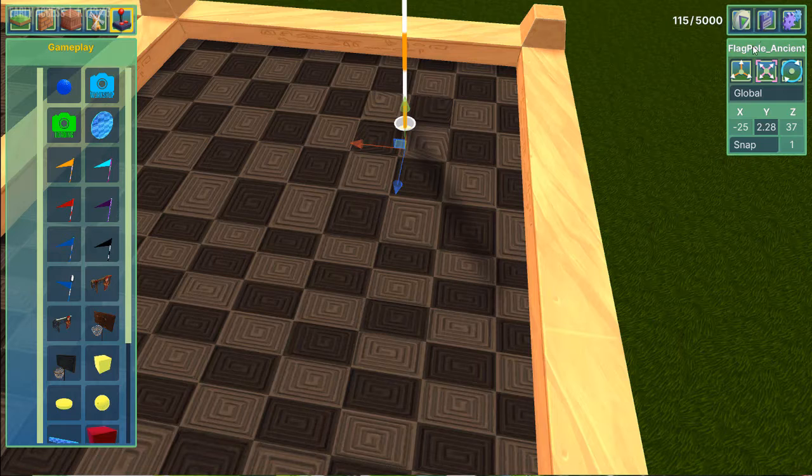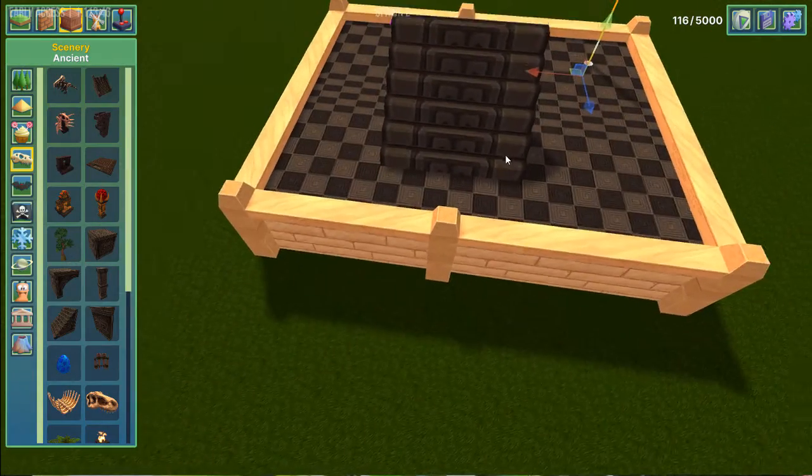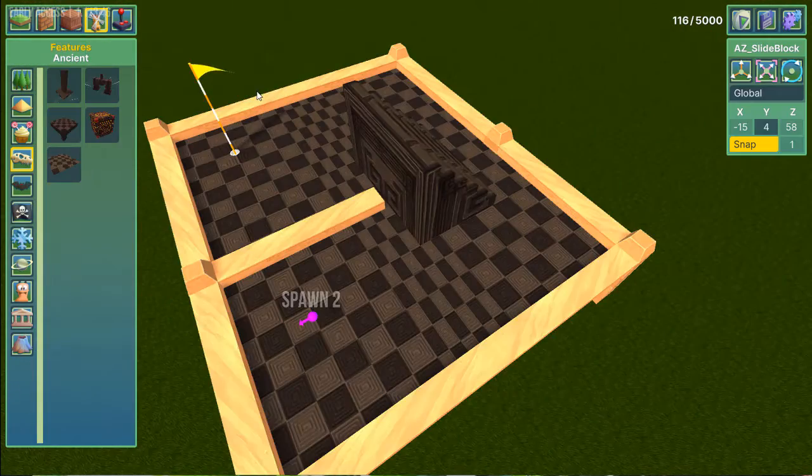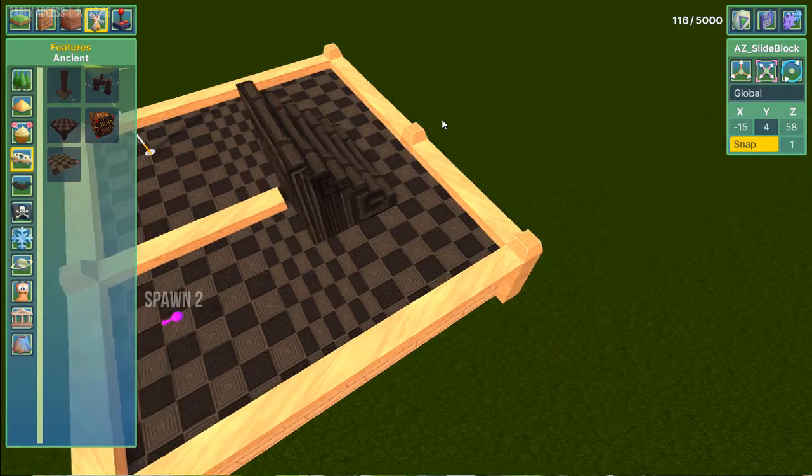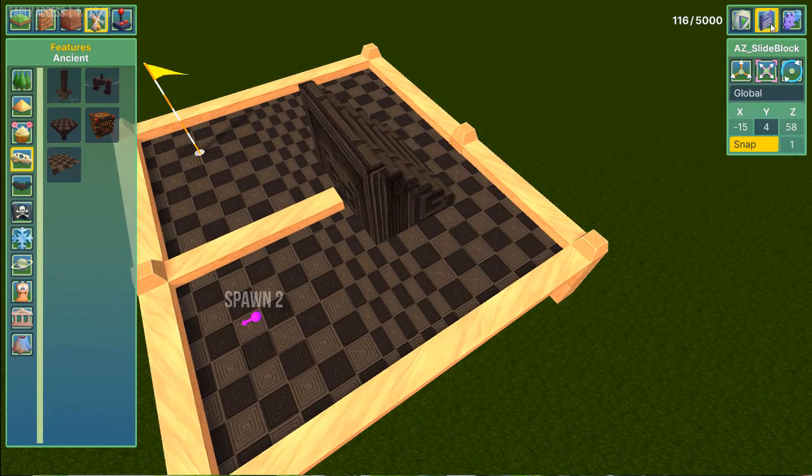And at this point, we can build out the rest of our holes using all the different tools that we have. Just spice it up as you like. Build out the rest of your holes. Once you're happy with your course, then we can move into